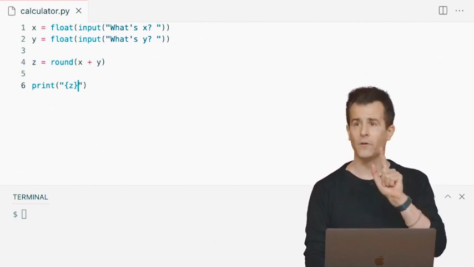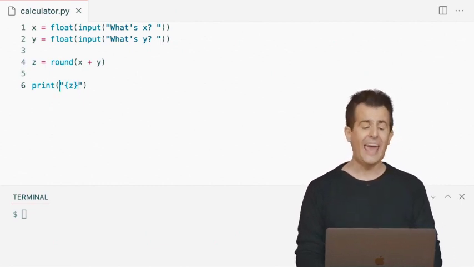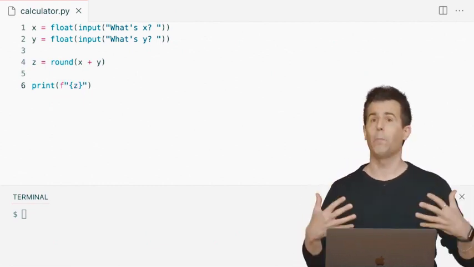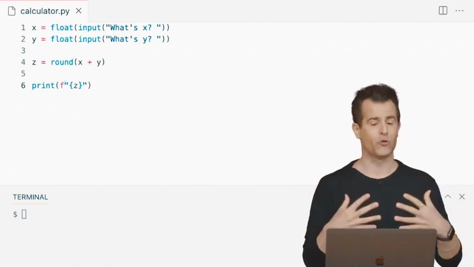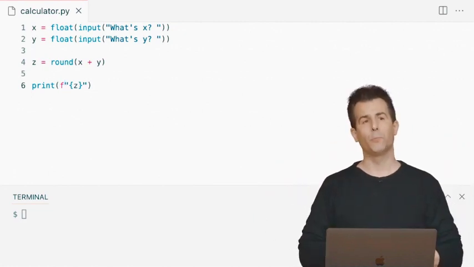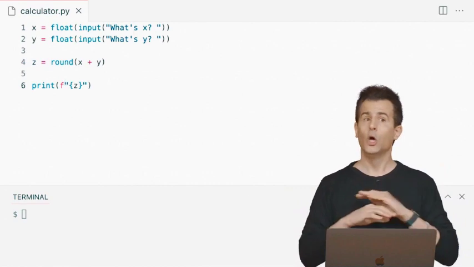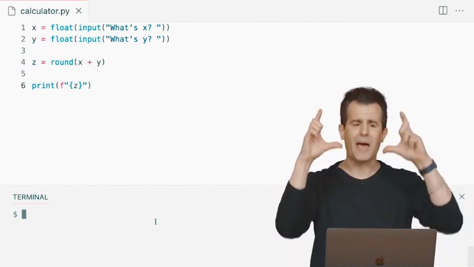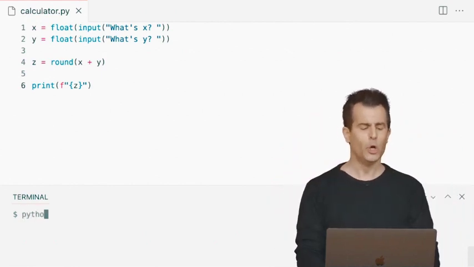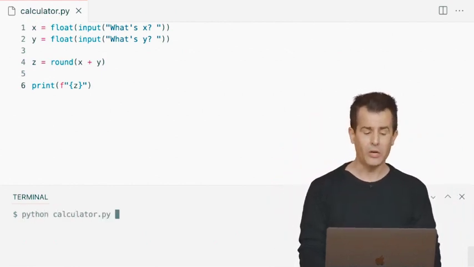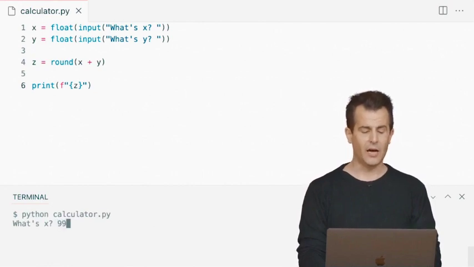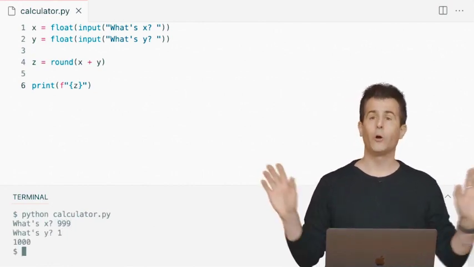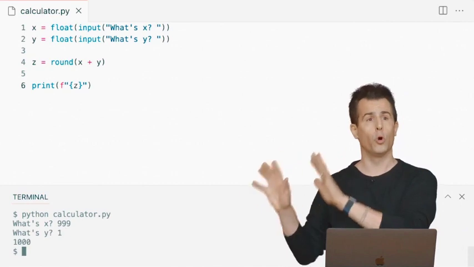But that too was not enough. I literally needed to add an f at the beginning of my string to tell Python that this is an f string, a format string. That now is going to print out, not very interestingly, just the value of z itself. So I'm going to great lengths just to print z when really I could have just passed z as the sole argument. But just to ensure that I haven't broken it, let's do this again. 999 plus 1, enter. OK, it's still 1,000. So I didn't make anything worse.